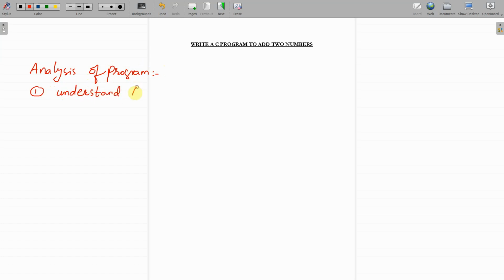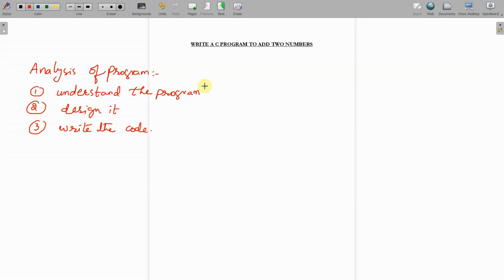The second one is you have to try to design it. And the third one is try to write the code. These are the three steps you have to follow in any program, whether it is a small program or a big program.